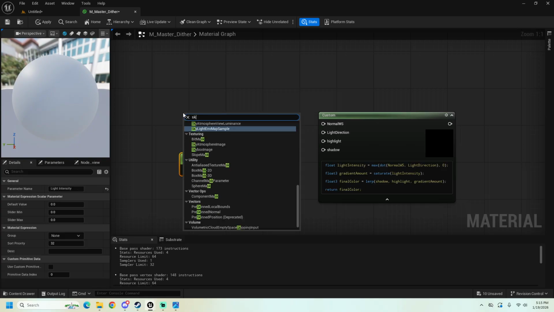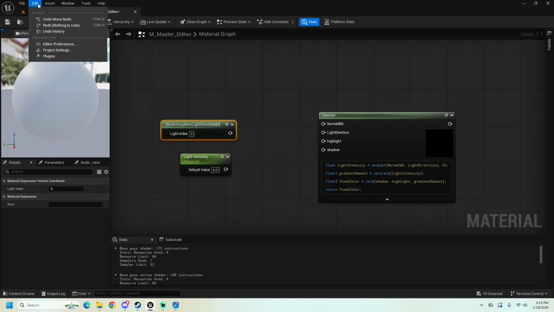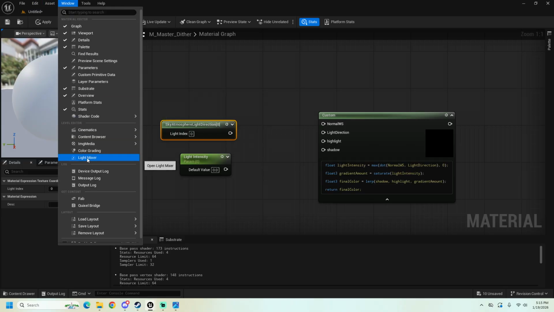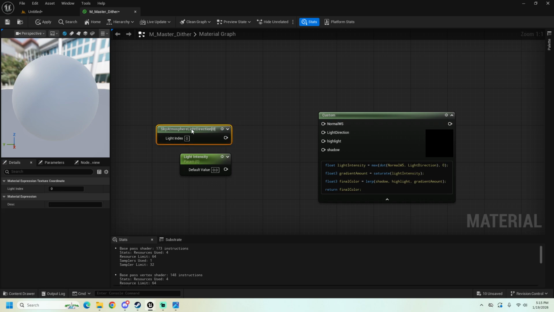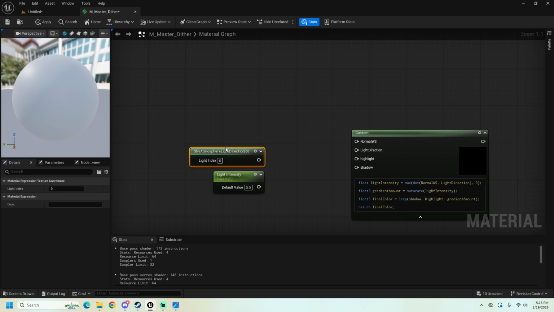And above it, we're going to get our sky atmosphere light direction. So this is referencing the light index 0. You can find that in Windows, Light Mixer. You can see which light it's referencing, but just do your directional light for the most simple look. You can change it around